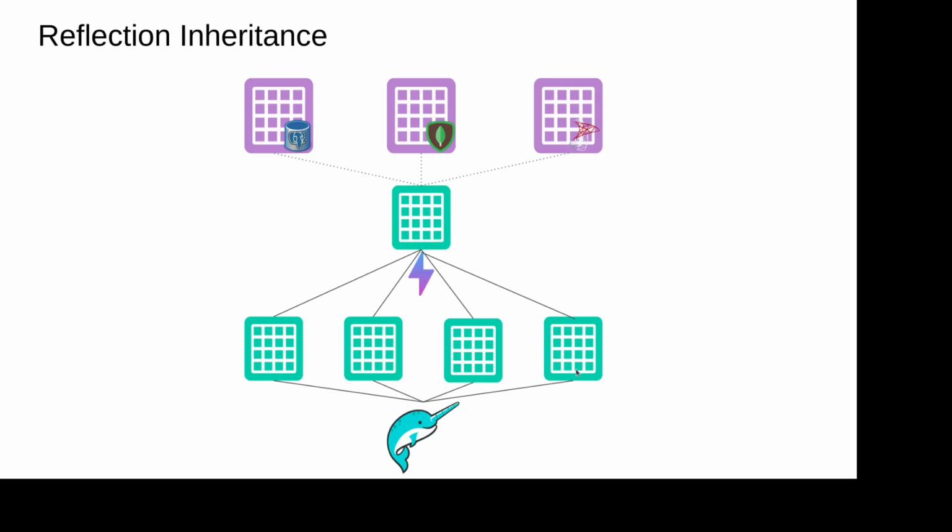Okay, it understands the lineage. It knows when I query these views that I've created, it can also use this reflection. It'll be like, hey, you're querying this. This is a child of this. This has a reflection on it. Is that reflection helpful for this particular query? If it is, it'll actually use it.